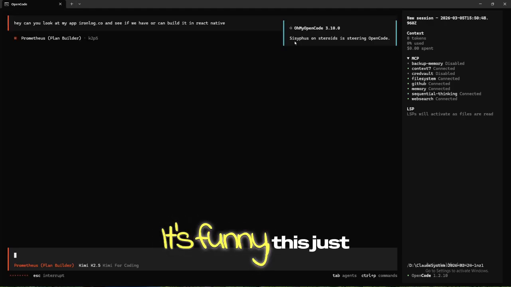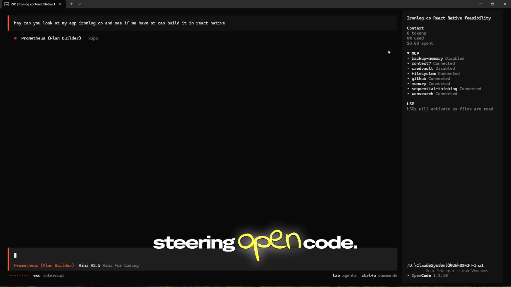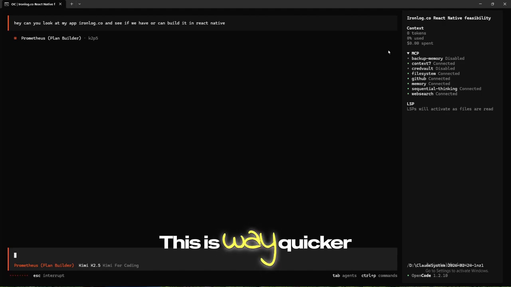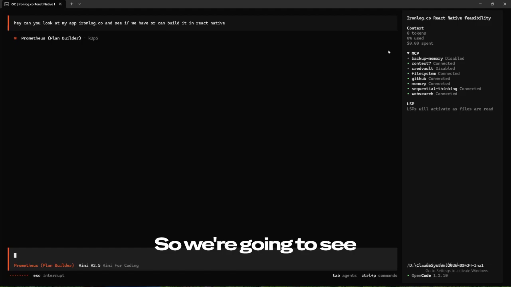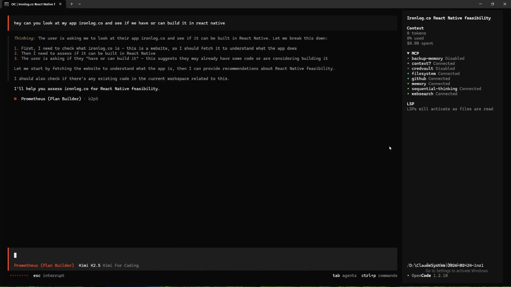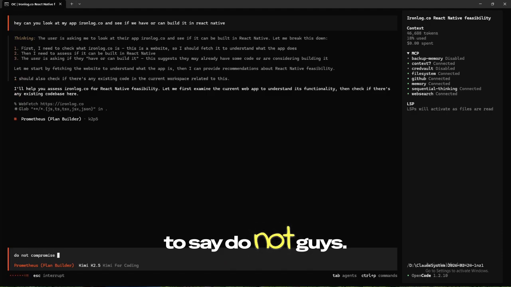It's funny, this just says here Sisyphus on steroids is steering OpenCode. This is way quicker than Claude Code, so we're going to see how far it is. Okay, so look, check out the speed on this. So I'm also going to say, do not,